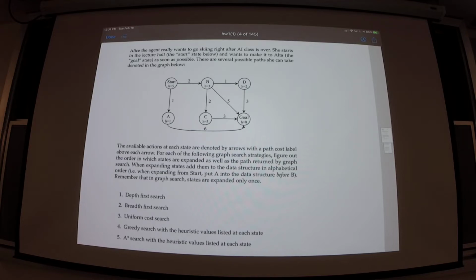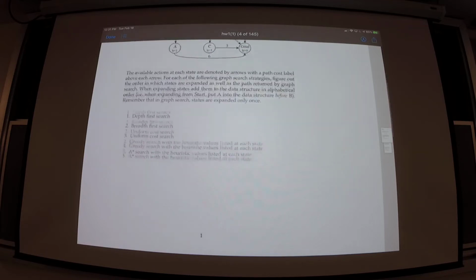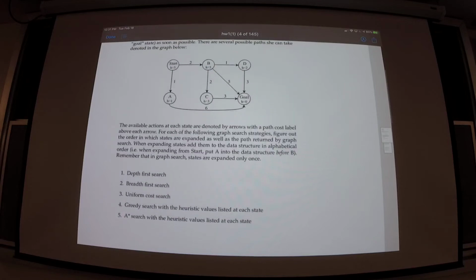That brings me to my next point, which is that a lot of wrong answers were suspiciously like the right answers from last year. Maybe it's a coincidence, but just keep in mind that we've changed these. Sometimes they look the same at first glance, but they are not. So you should actually do them. All right. We can go through any of these.